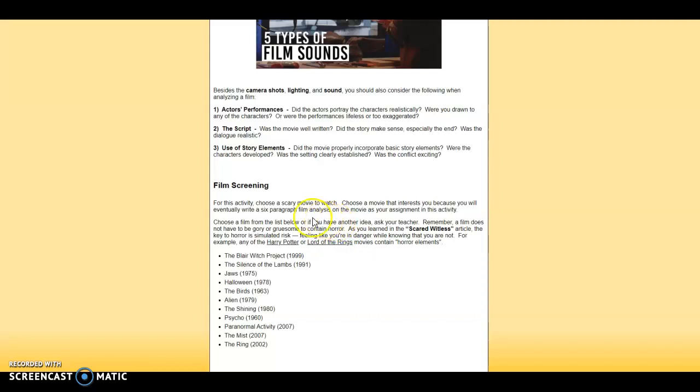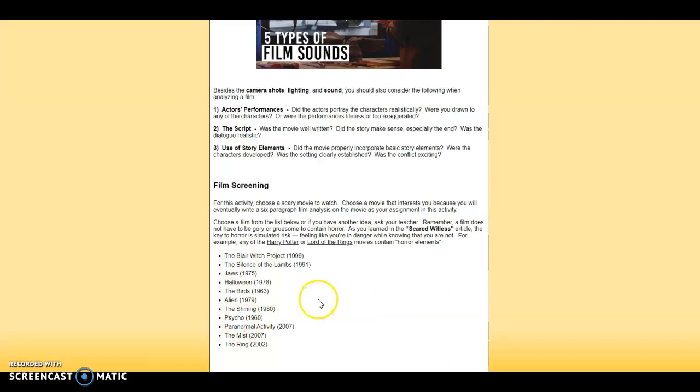We're just looking for a movie that has some scary and some tense and maybe some thriller type elements, right? If you can find a movie like that, it should fit everything you need to do our assignment in this activity. If you are a big horror movie fan, you can absolutely pick a bloody, gory horror movie if you want to, though, and some of these will fit